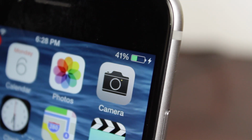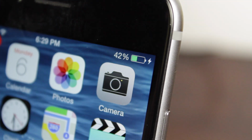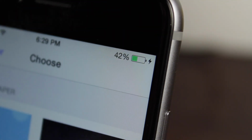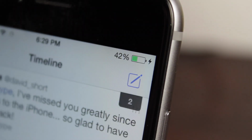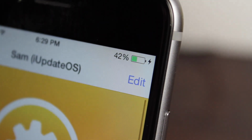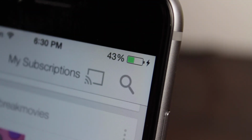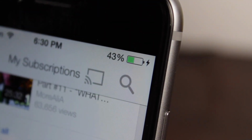This is Sam, and today I wanted to talk about the iPhone 6's battery life because I know hands down that this is definitely something that many of you guys are wanting to know, because this is something that I would want to know if I had anything below the iPhone 6, iPhone 5S, iPhone 5, maybe even iPhone 4 or 4S or lower. I'm really curious to see how the iPhone 6's battery life is compared to